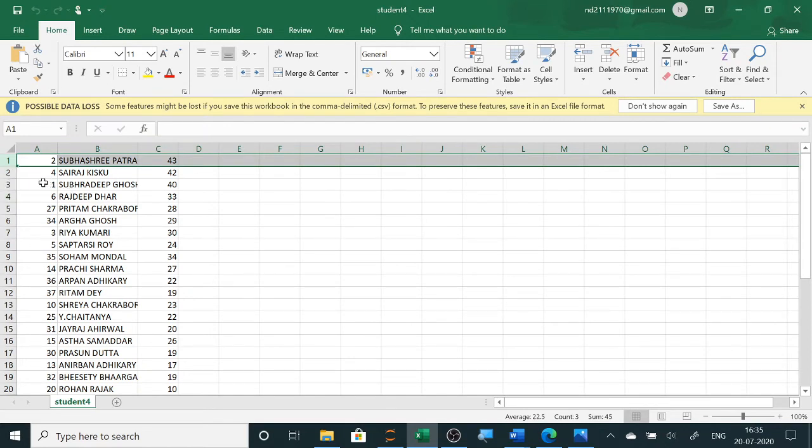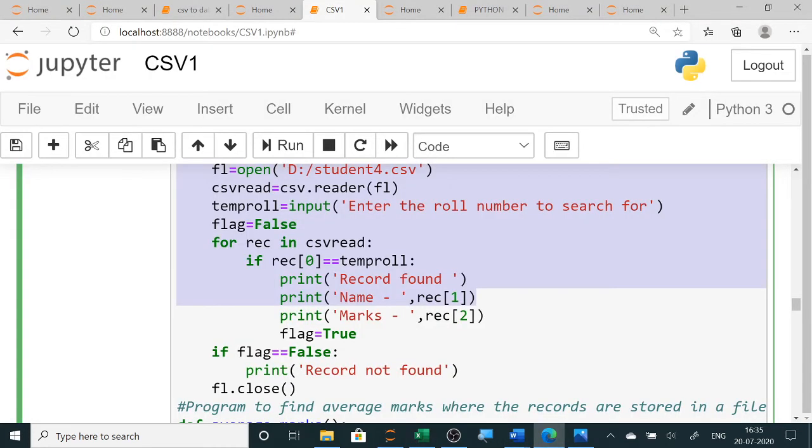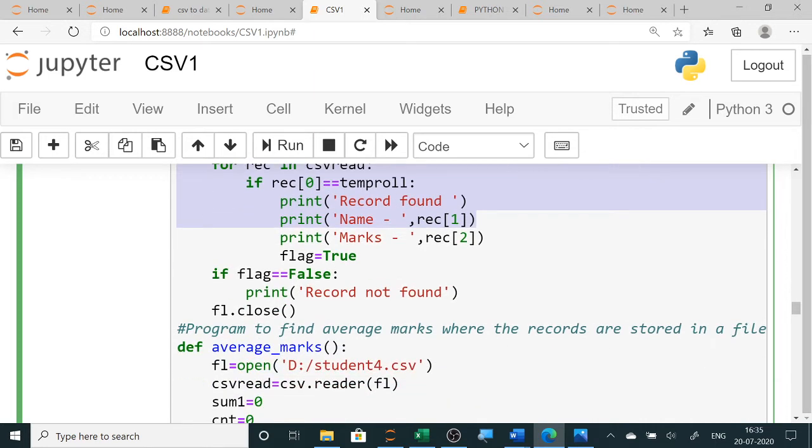When you are storing in a list, list 0 is your roll number, list 1 is your name, and list 2 is your marks. So like that only I have used here. When you are searching, if it is available, it displays the detail. If it is not available, it displays record not found.